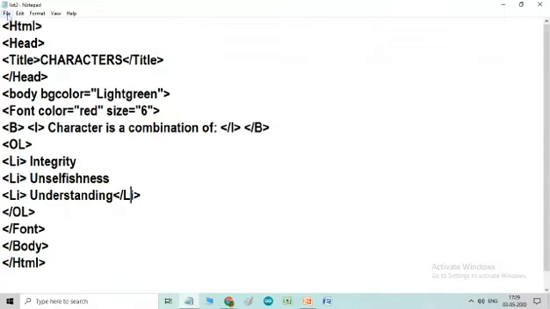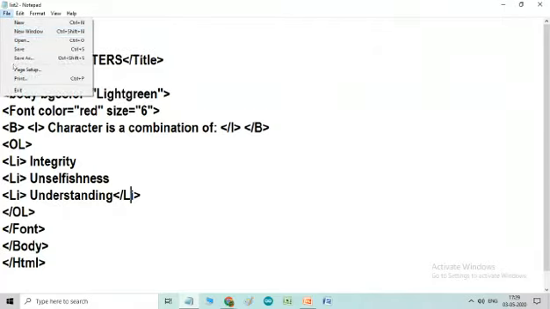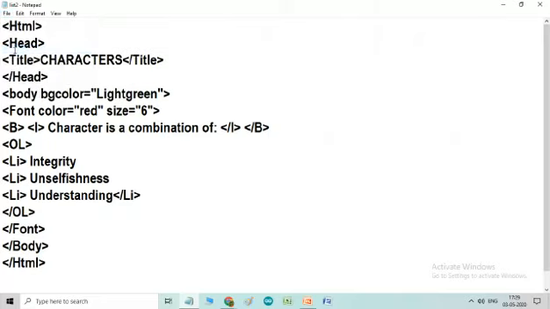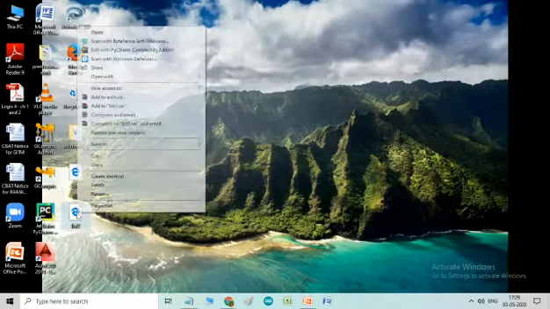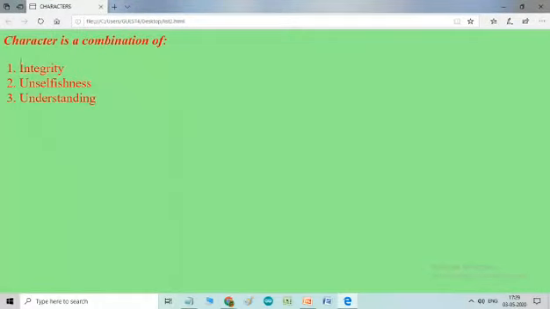So first, you have to say save as, because I have already saved this file. So I have to click on save, and let us see its result. Click on this and you see the result. Character is a combination of integrity, unselfishness, understanding.